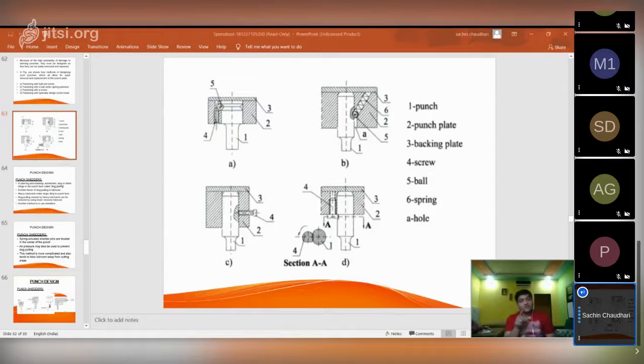So it will prevent this rotation of your punch within the punch plate. Okay, so this is another advantage of using these fasteners, where you can easily control your punch movement, and it will not be allowed to move in the punch cavity.